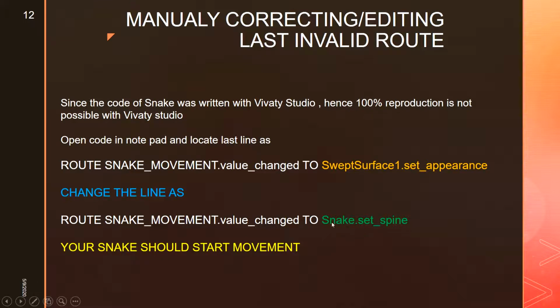So the snake is very important. Snake dot set underscore spine is very important. You have to completely replace this with this particular thing, and then your snake will show some movement.